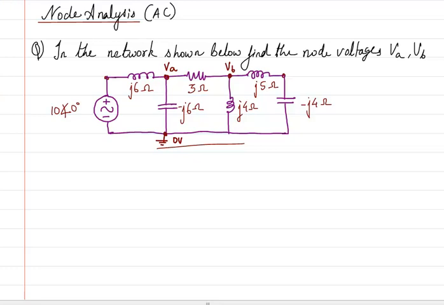What about this one? Yes, we can name this node because there is another element after it. But since this is a voltage source, directly 10 angle 0 is the voltage here, and since this is positive, I will write it as 10 angle 0 degree. If this would have been negative and this positive, I would have marked this one as minus of 10 angle 0. Always remember to put the bracket. So as of now that node is settled.